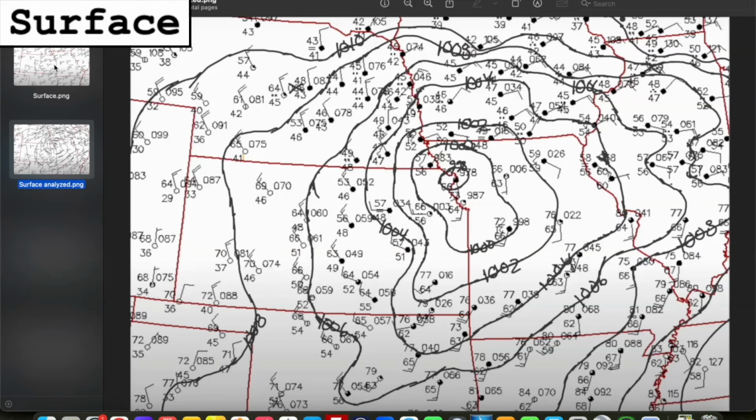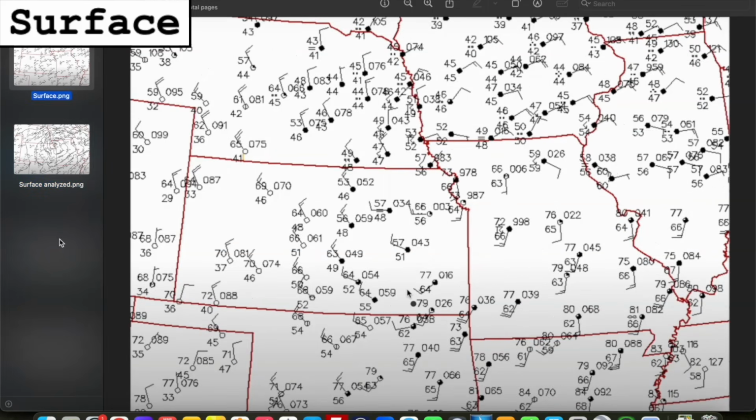to a surface map on the morning of a severe weather event, you can identify where a surface low is approximately located by looking for areas where the winds are spiraling counterclockwise around a given center. Winds spiral and rotate counterclockwise around a surface low. In our example here, we can see that it is located somewhere there in the far southeast Nebraska, northeast Kansas, northwest